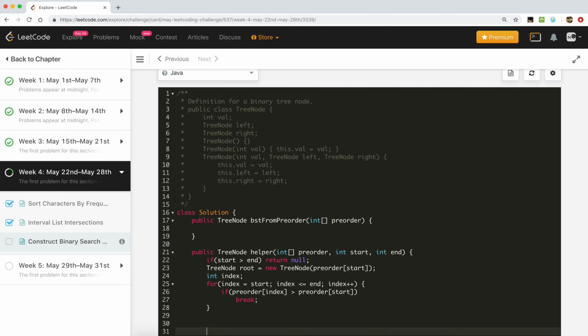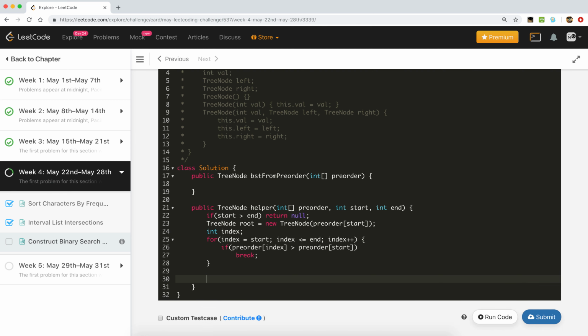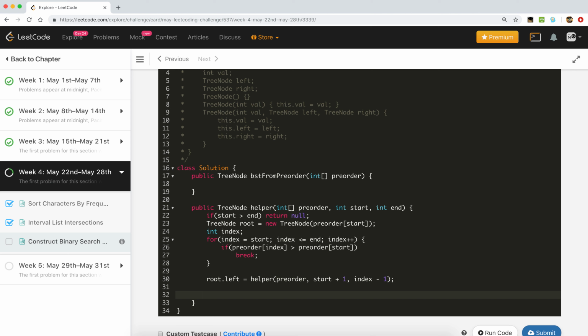After that, as we already created the root node of this call, we will append root dot left by calling the helper method again with the same pre-order array. This time the start will increment by 1, and the left subtree will end at index minus 1.